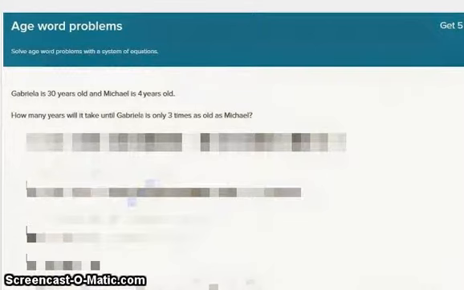So, we need to highlight the 3 important things we need to know. First thing is we need to know Gabrielle's age. Second thing we need to know is Michael's age. And those are both given to us. We need to know what the question is asking. So we need to know how many years it would take until Gabrielle is only 3 times as old